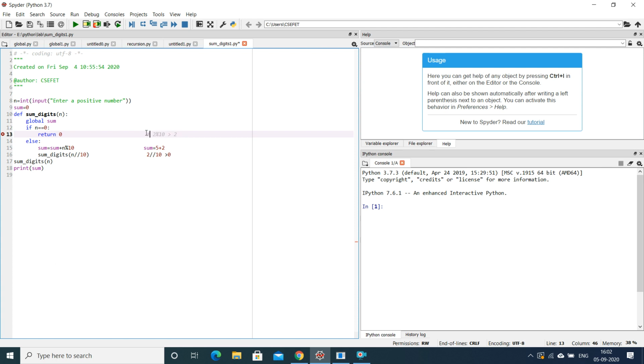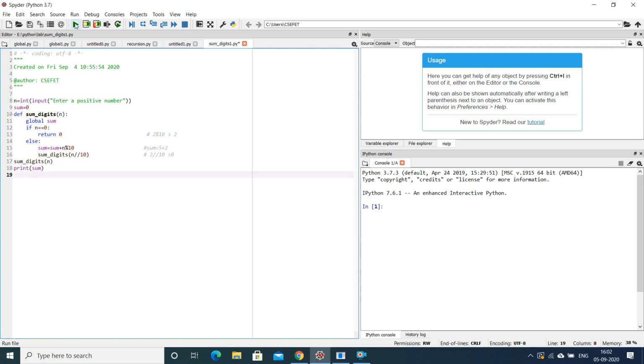So let me put these statements which we have written in comments before we run it. So the answer becomes 2 plus 5. The value of sum is 7, and we print sum over here, because whatever is returned over here is stored nowhere. We are storing the result in sum and we are printing the result as sum.